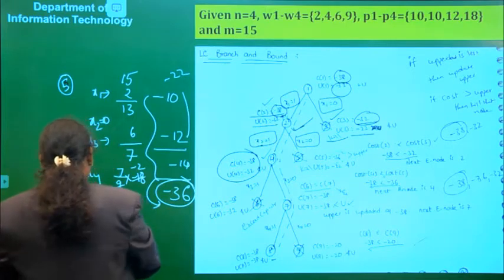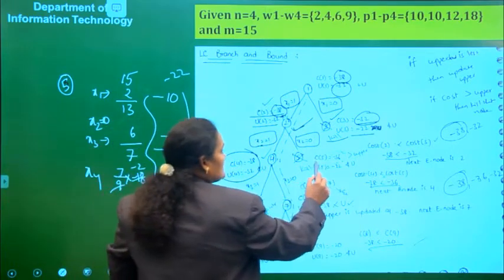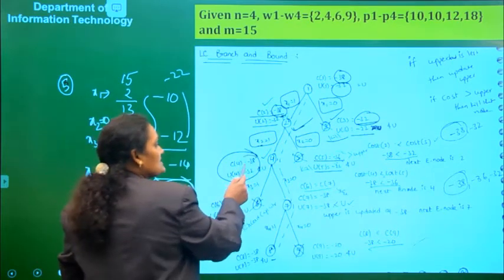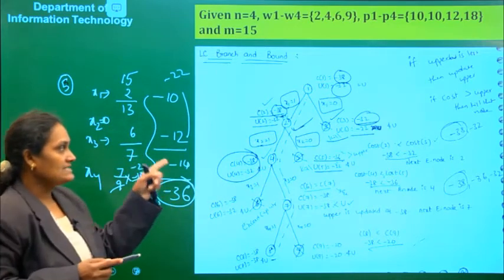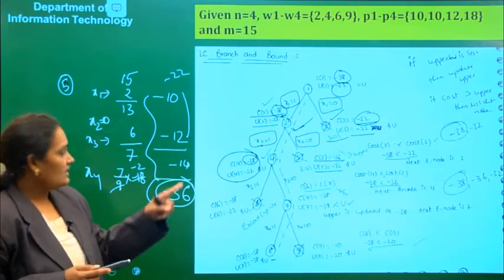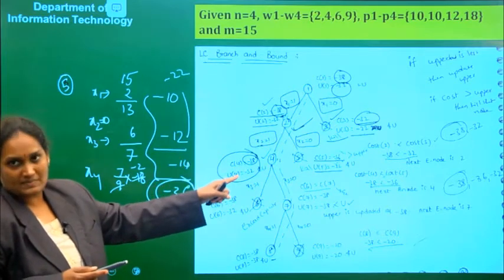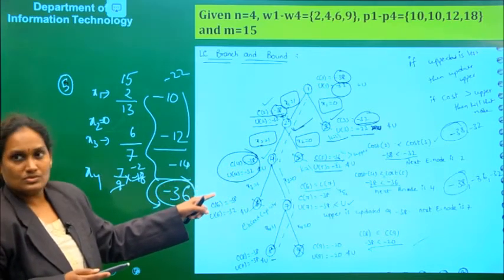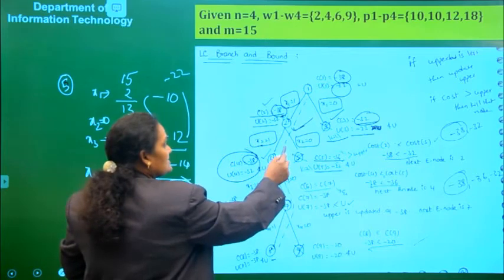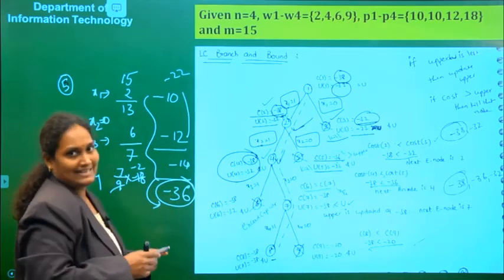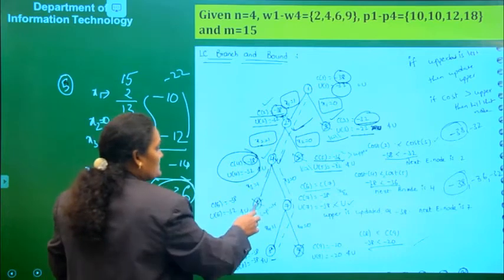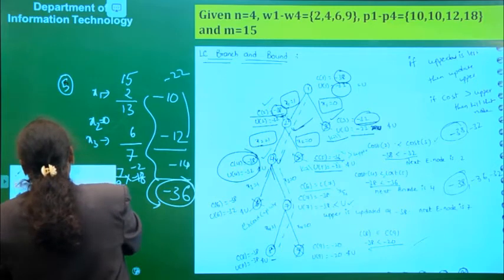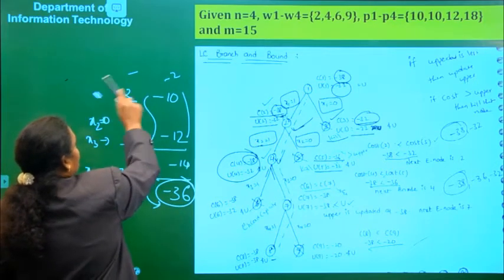Now let us see here, the cost of 5, that is C of 5, is minus 36, and U of 5 is minus 32. The cost of 4 is minus 38. Now let us compare the cost of 4 and the cost of 5. Cost of 4 is minus 38, cost of 5 is minus 36. Out of those two, which is less? 4 has the lesser value. So that's why this is considered as the next E node and node 5 is killed. Next we are going to expand 4 to get the nodes 6 and 7.